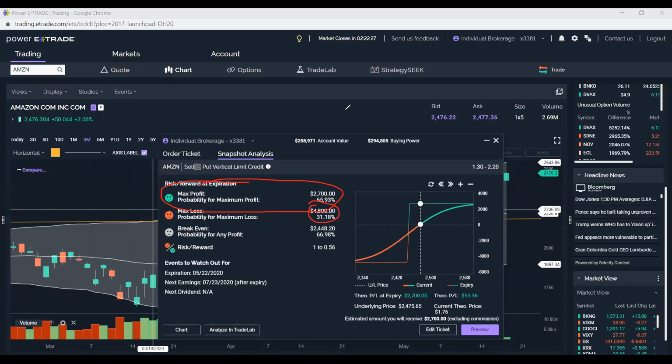So now underneath here, it says probabilities. Using at the money volatility in Amazon options, this trade has a 66% probability of making that max profit, and a 67% probability of at least breaking even. I love this type of trade, this credit spread, because we make money three out of four ways. You see a dotted line? That's the price of Amazon as I'm speaking to you. How do we make money in this trade? Amazon goes up. Duh. Amazon can hang out, folks. What if it just stalls here? Perfect, we make money. Amazon can even go down a little bit as long as it stays above that break even,